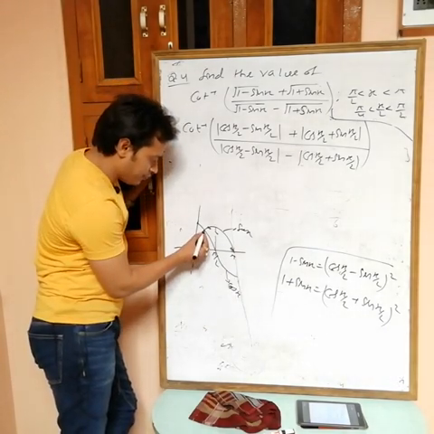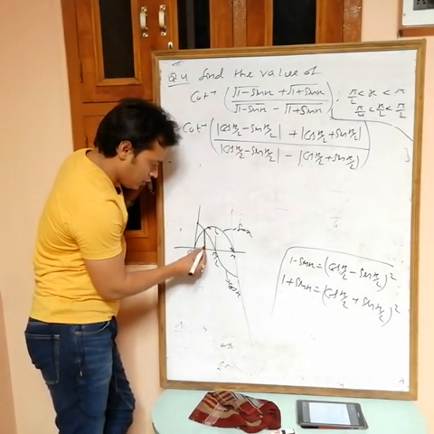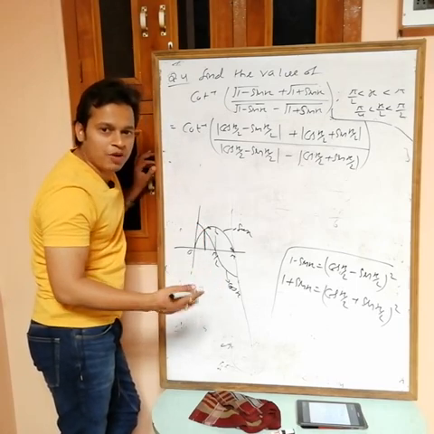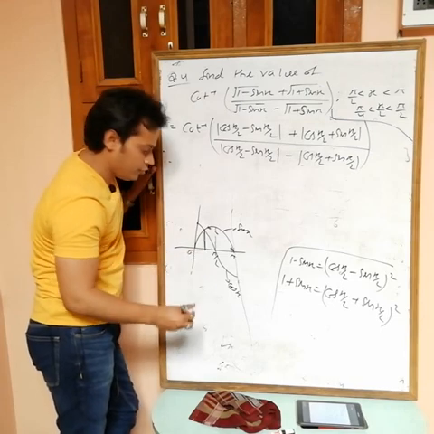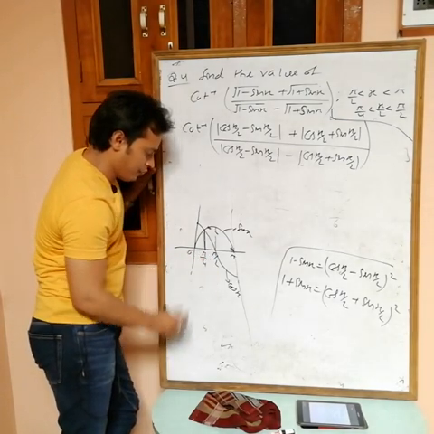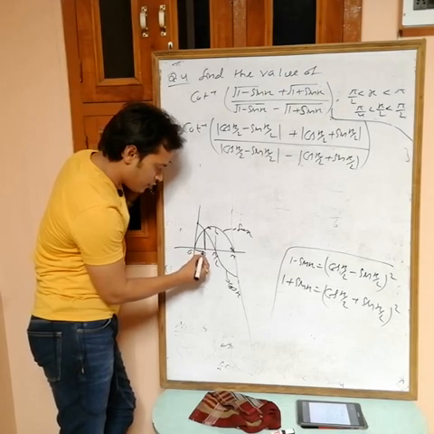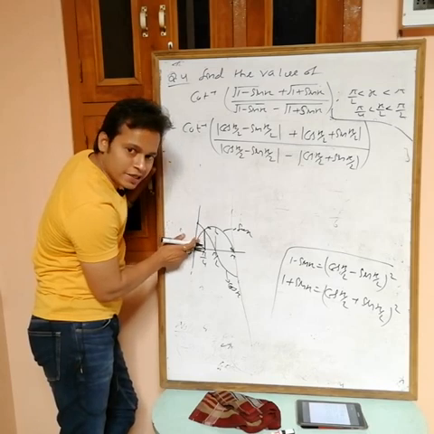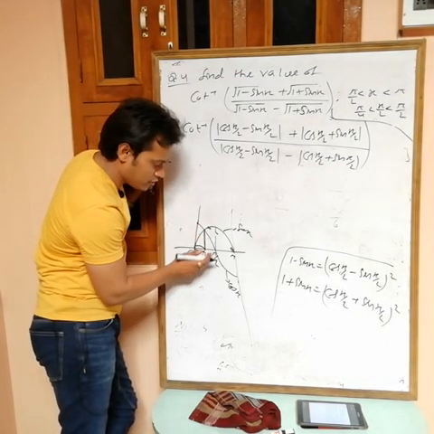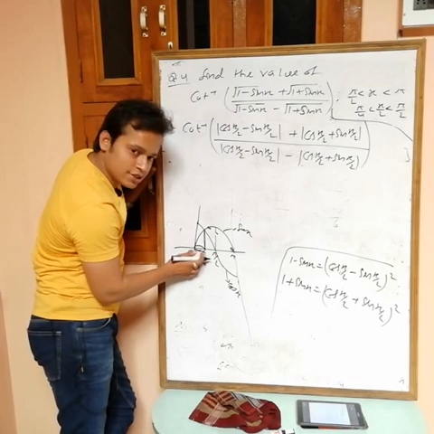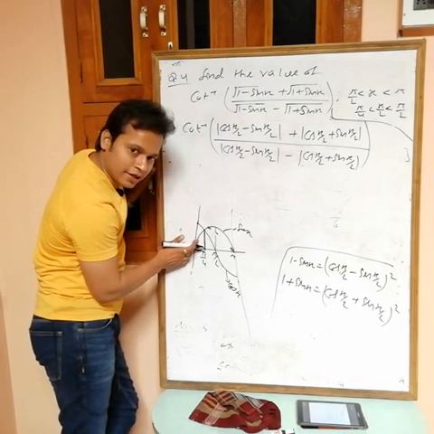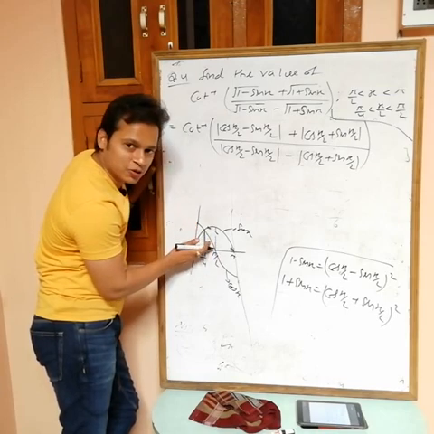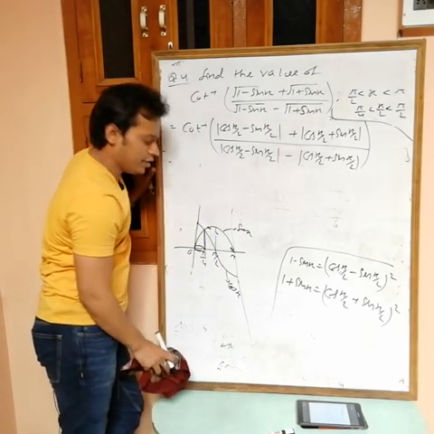Okay, now see, we want only 0 to pi by 2, where both become same, point of intersection at pi by 4. Sin pi by 4 and cos pi by 4 both are equal to 1 by root 2, na? So this is the value pi by 4. Now see, when theta from 0 to pi by 4, then cos is greater than sin. This is the graph of cos, and this is the graph of sin. For this reason, cos is greater than sin, and from pi by 4 to pi by 2 sin is greater than cos.